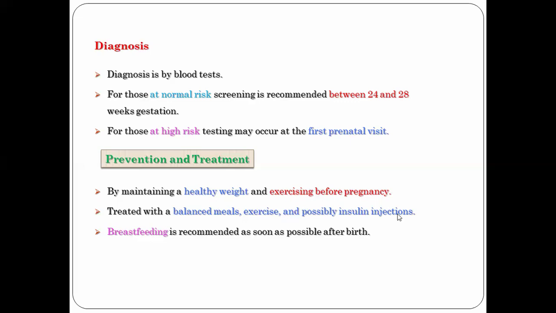So why are we going for insulin injection? If we are unable to maintain the glucose level within the narrow range. If we are not going for insulin injection, what happens? As I already told you, the consequences will arise. So that is the later one. If through dietary modifications and physical activity we are unable to maintain the glucose level, then we can go for the insulin injection through the advice